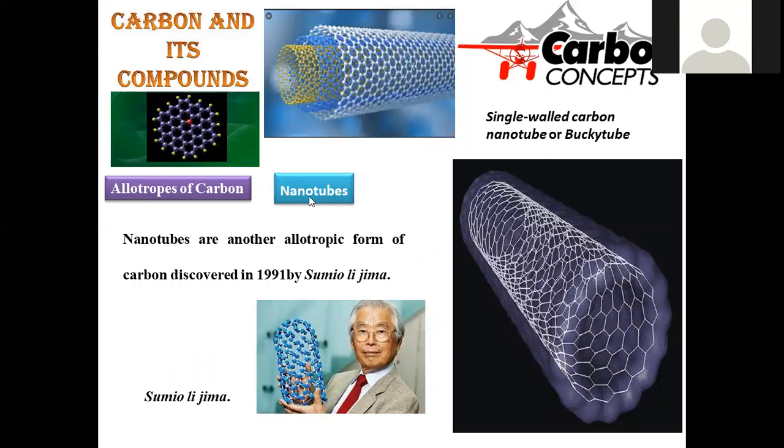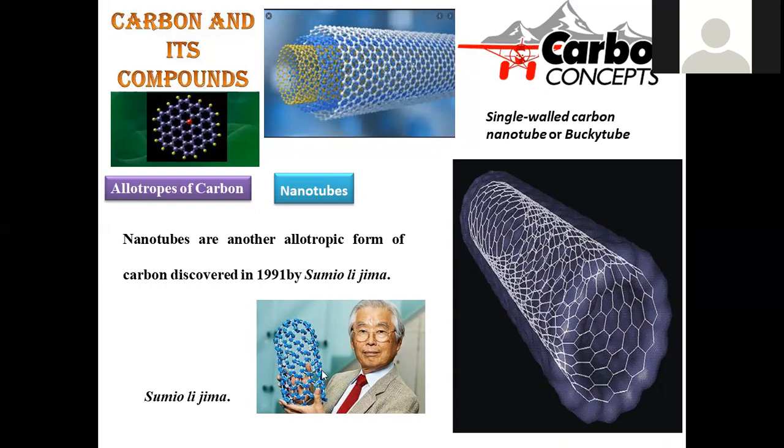So here it is also part of allotropic carbon, which is nano-sized particles. One billionth of a meter is said to be a nano-sized material, 10 to the power minus 9. So that is the diameter of the nano-sized particles, and nanotubes are in allotropic forms, discovered in 1991. The first invention was done by Sumio Iijima. He is the scientist who prepared these materials.